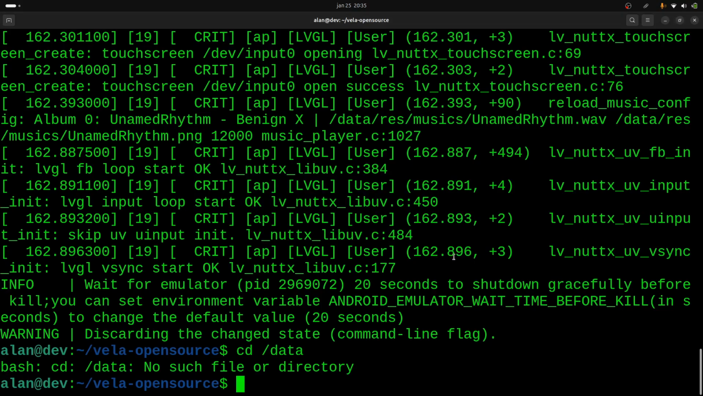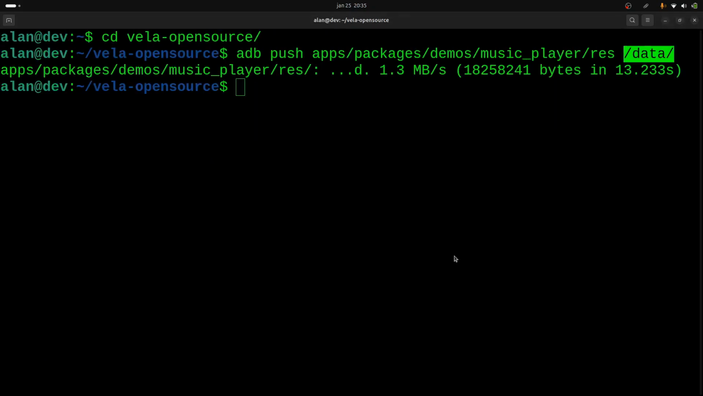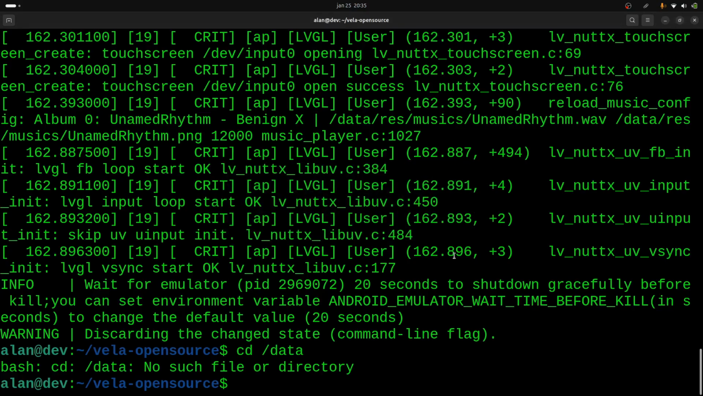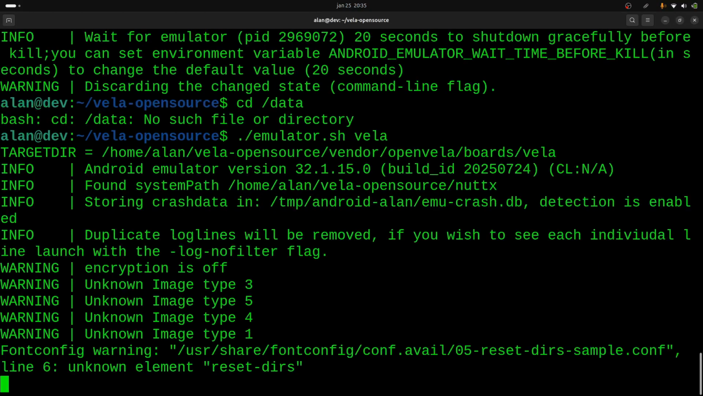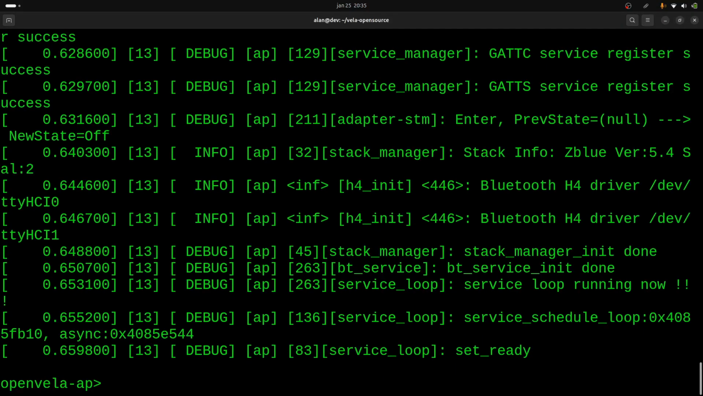Oh, I closed it. I closed the emulator, so I need to run it again. I closed it by mistake when I finished playing the music. So what I am saying is, if I go here, /data,